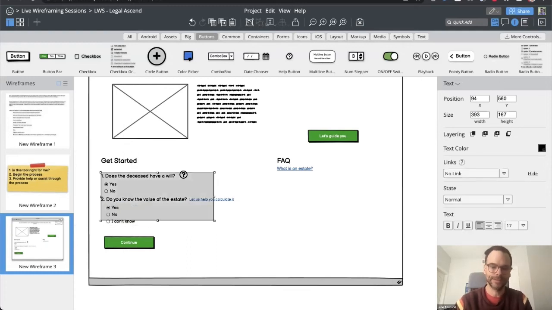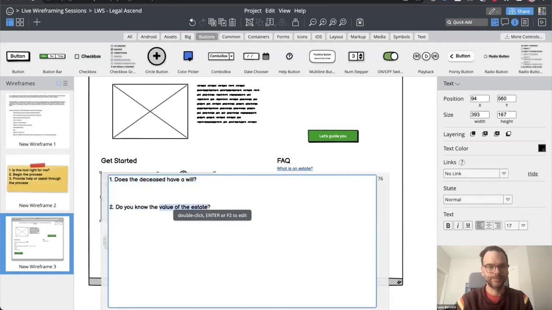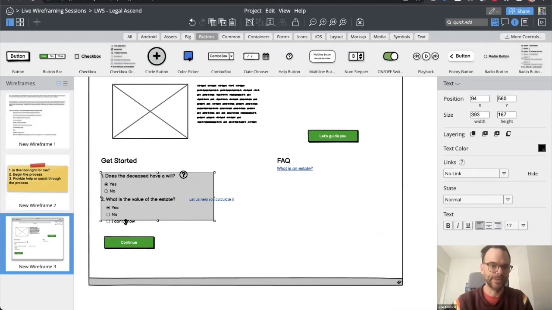Maybe you can ask, what is the value of the estate?